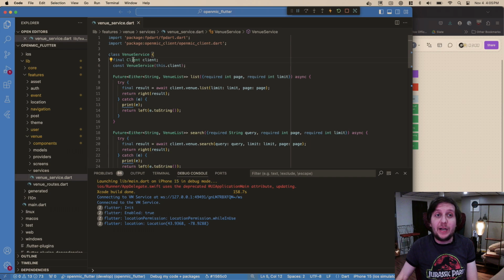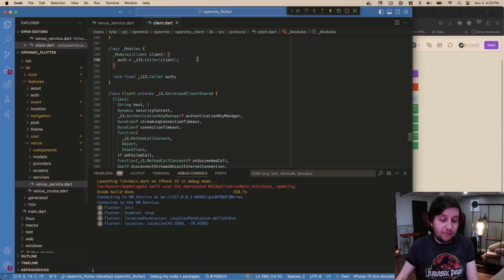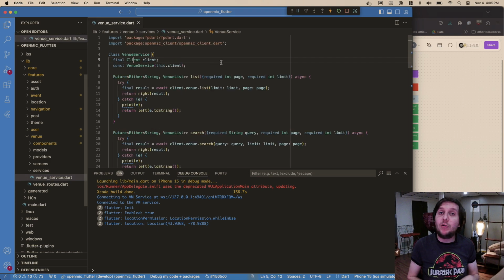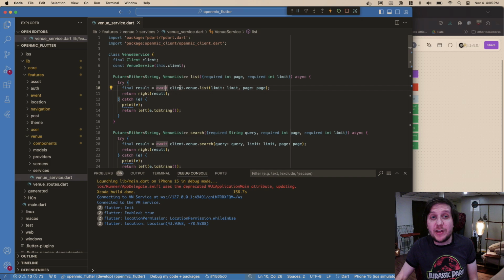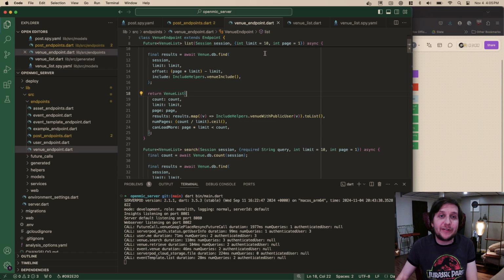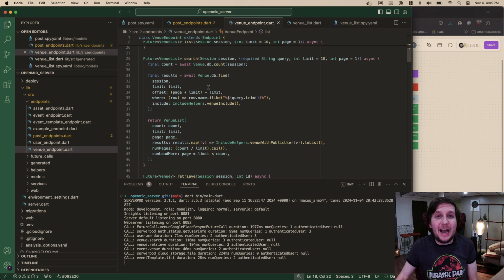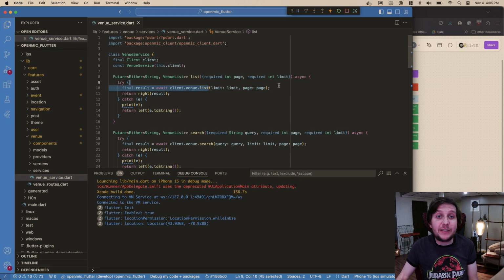This is actually Serverpod's client. This is the way you talk through the API. Although it's ultimately using JSON REST-based stuff, you don't think of it that way. You just go await client.venue, that's the name of the endpoint collection. All these are in here, list, search, whatever. Then we pass those things through and get that data.